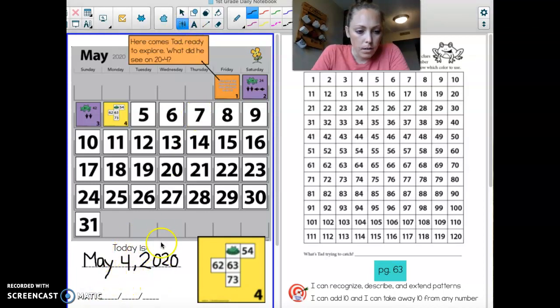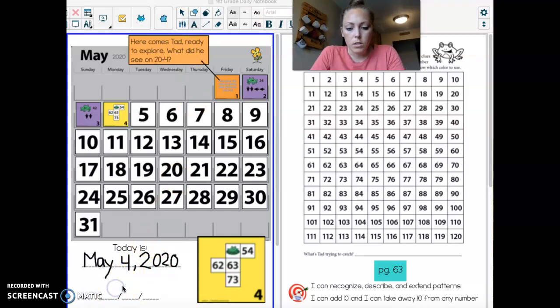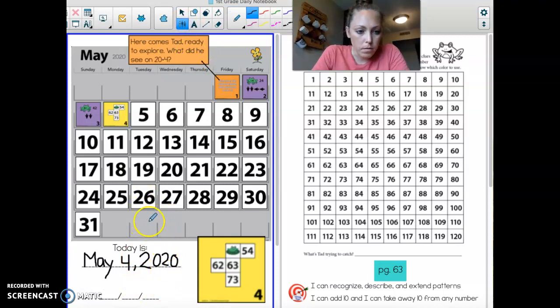Sorry, I'm going to write a 5. Mine seems to be having little issues. Write a 5 down at the bottom. I'll write mine in another spot. I'll write it up here. 5